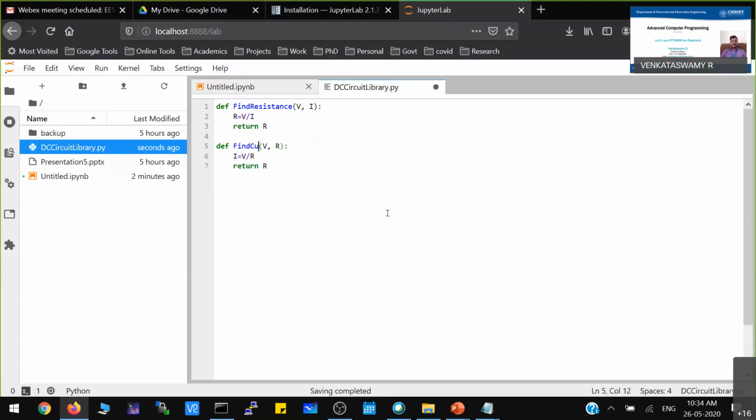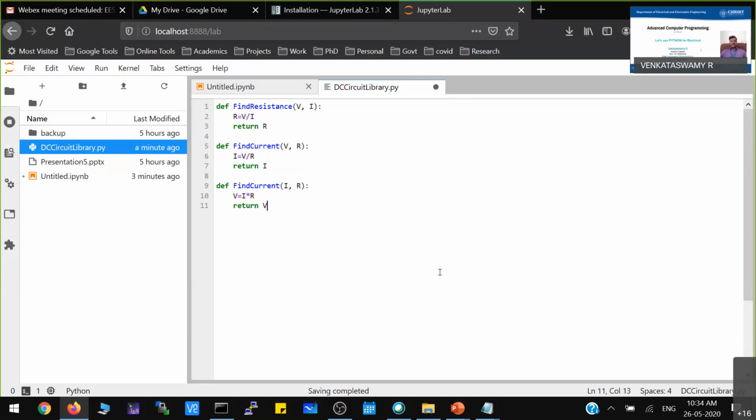Okay, the second function is ready. Somebody may ask, if current and resistance are given, how to calculate voltage? Voltage is equal to IR, I into R. In this case you have to return current, and in this case you have to return voltage.